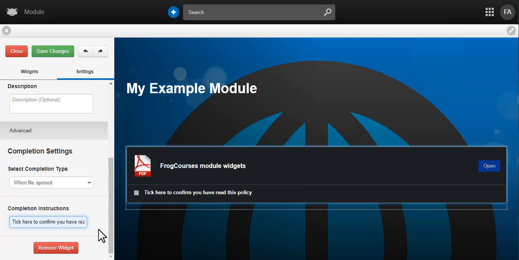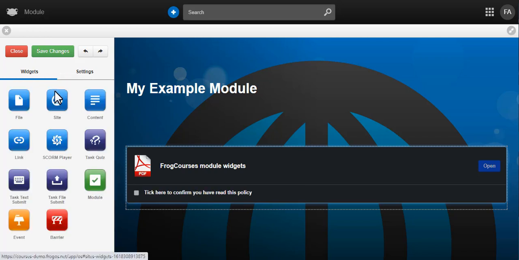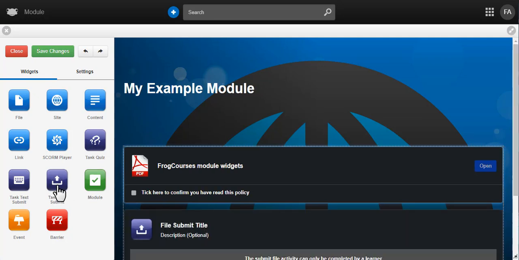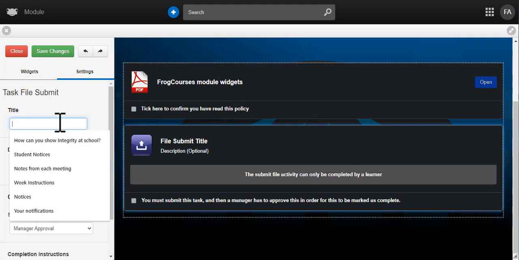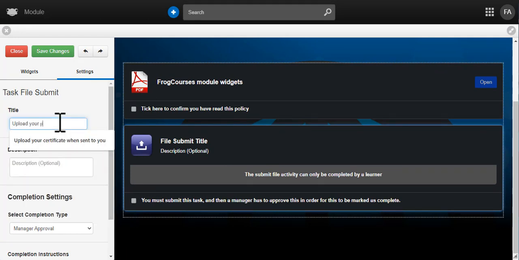Widgets which provide information for the learner are coloured blue. The purple widgets are widgets which require the learner to do additional work or tasks. We'll cover quizzes in its own section. Task Text Submit and Task File Submit require the learner to write a statement or upload a file. These tasks will then email the learner's manager for approval. Getting learners to work through tasks is a useful way to gauge their understanding. Presentations are often used to provide information to staff, but it is the tasks which ensure that they have understood